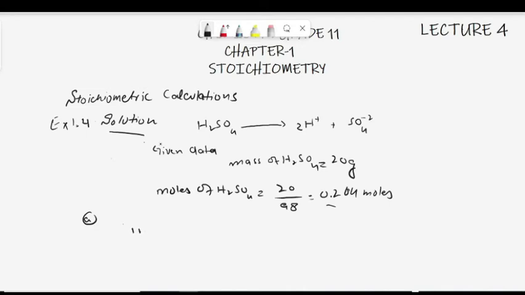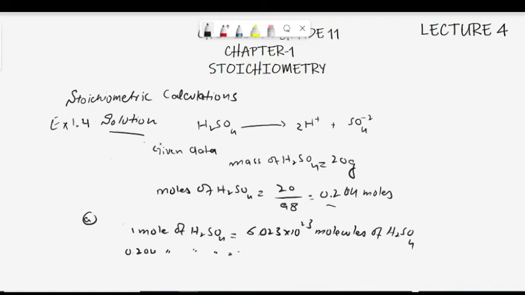So 1 mole of sulfuric acid is equal to 6.023 into 10 raised to power 23 molecules of sulfuric acid. But if we have 0.204 moles of sulfuric acid,